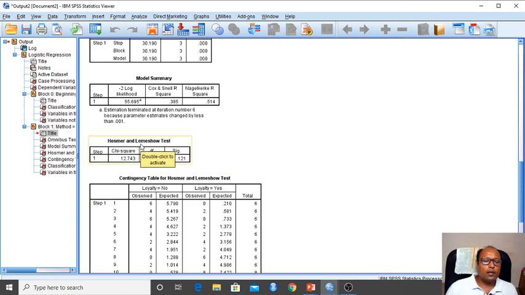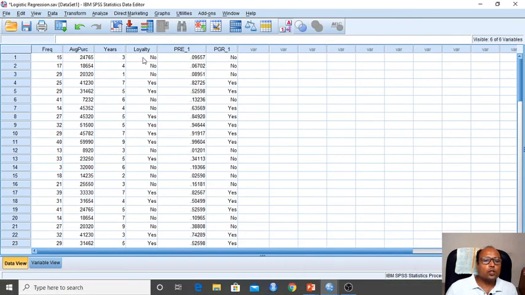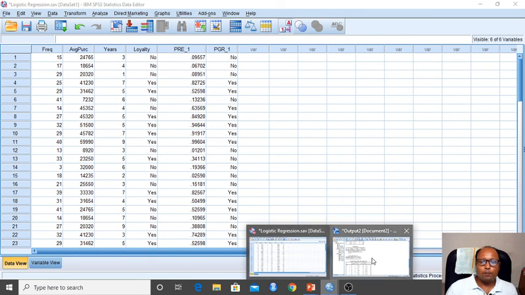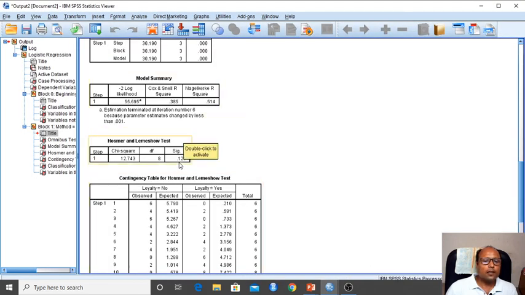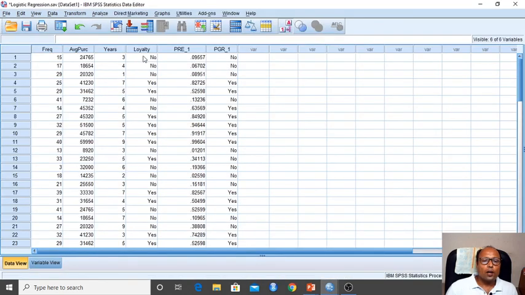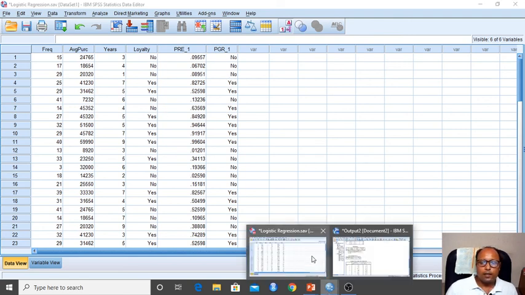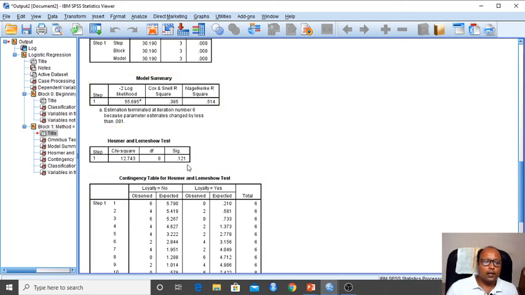This Hosmer-Lemeshow test actually compares the actual classification and the grouping done by the equation. And if the p-value here is less than 0.05, it is significant, and it indicates that these two are actually different, so we reject the null hypothesis. It means our model is not classifying in a good manner. If it is not significant, the model fits. This is how we work with logistic regression.